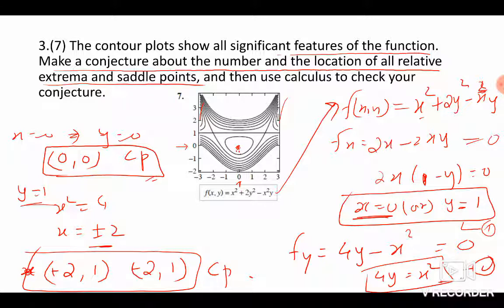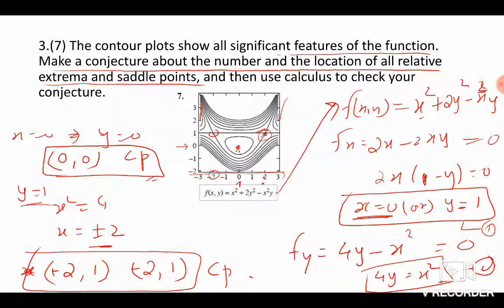Where is the x-axis, what is the y-axis? Probably this will be the x-axis. This will be the y-axis. At the point with x positive 2 and y 1, it is neither maximum nor minimum if you take a round circle around this point. And another point here where x is negative 2. So at these 2 points you find no maximum, no minimum. Let's check it by using